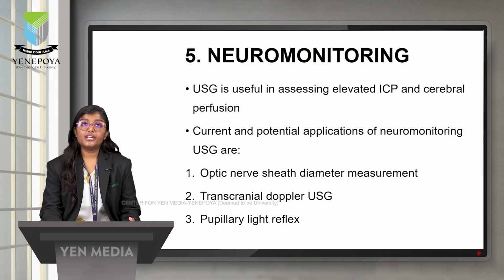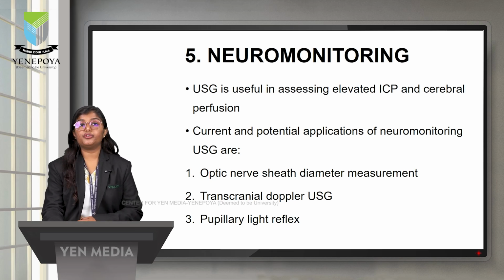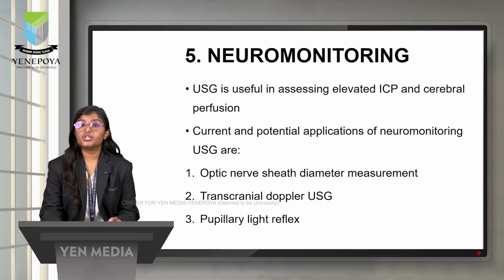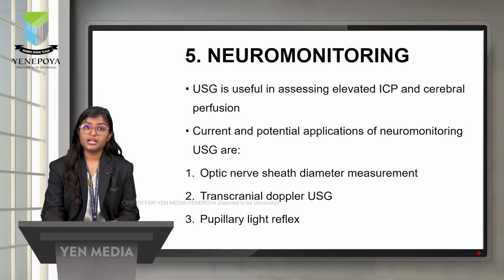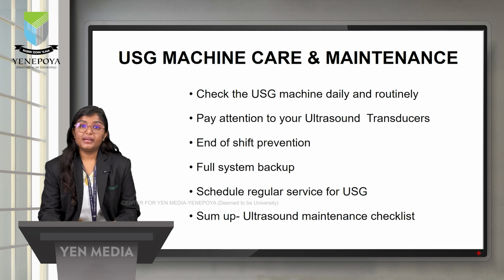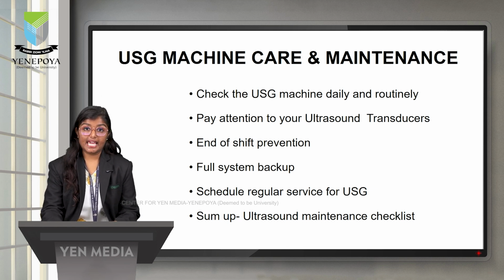Next, moving to the application of the USG in neuromonitoring. It is useful in assessing elevated intracranial pressure and cerebral perfusion. The current and potential applications of USG neuromonitoring are optic nerve sheath diameter measurement, transcranial Doppler USG, and pupillary light reflex. Coming to the maintenance and care of the USG, these are the steps that have to be followed for maintenance of the USG machine,